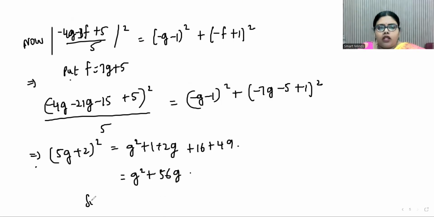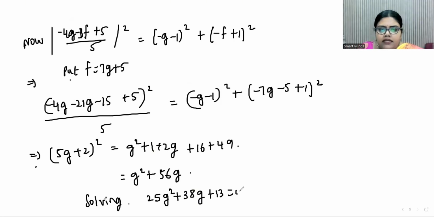Now if you solve this, what do you get? 25g square plus 38g plus 13 is equal to 0. So you will get g is equal to minus 1 and minus 26 by 50. Now if g is equal to minus 1, f is equal to minus 2,